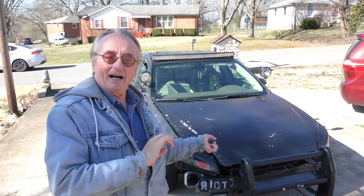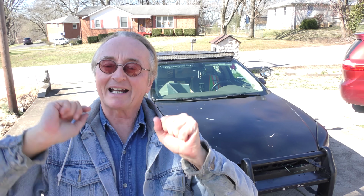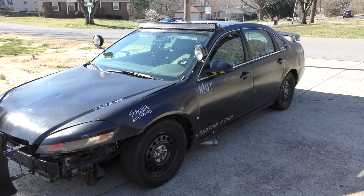Now this police Impala is a real hand-me-down. The police had it, then somebody else had it. My customer bought it from them. He actually traded an old car, didn't cost him anything. He traded one of his beat-up cars for the used cop car, and he's been gradually modifying it to make it more fun. As you can see,